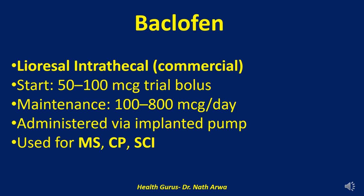Now we shift from pain control to spasticity management. And the cornerstone of intrathecal antispasmodic therapy is baclofen. Intrathecal baclofen is most commonly used to treat severe, treatment-resistant spasticity in patients with multiple sclerosis, cerebral palsy, or spinal cord injury. When oral baclofen fails, or causes intolerable side effects, intrathecal administration offers targeted, high-potency relief with minimal systemic